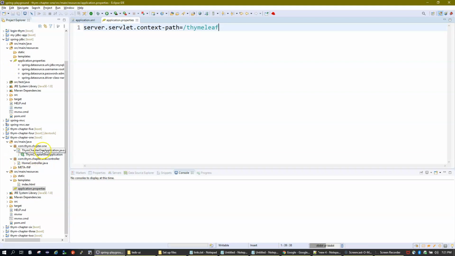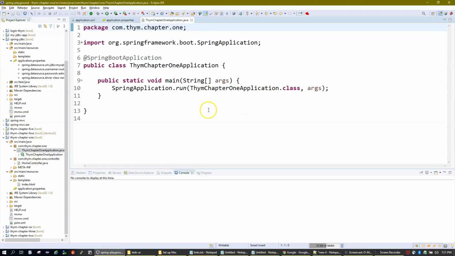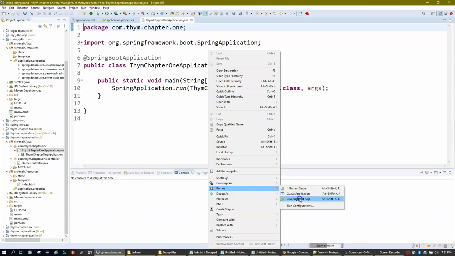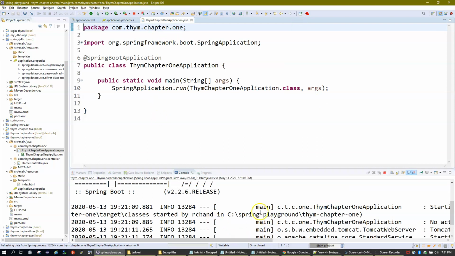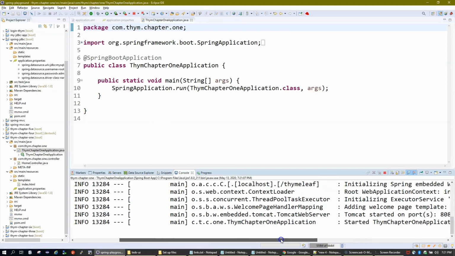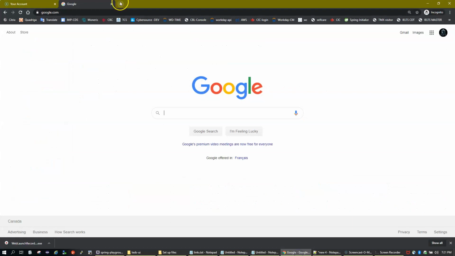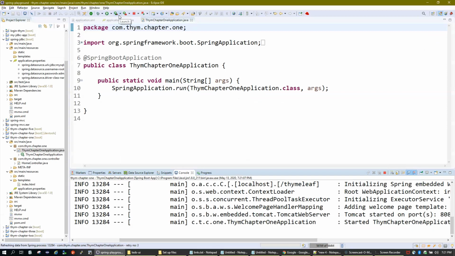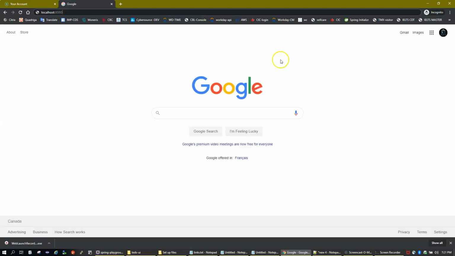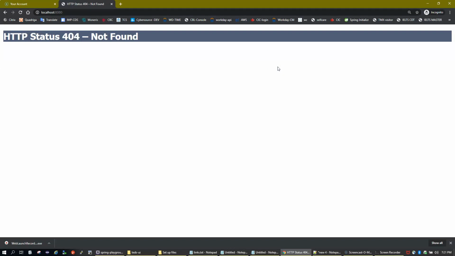Now let me start this application and show you how it works. Just wait for the application to come up. I think it's there. Now I'll go to my browser and type localhost 8080 and then the context root of my application, which is ThymeLeaf. If I hit just localhost, I'll get an error message because there is nothing to serve on my root.